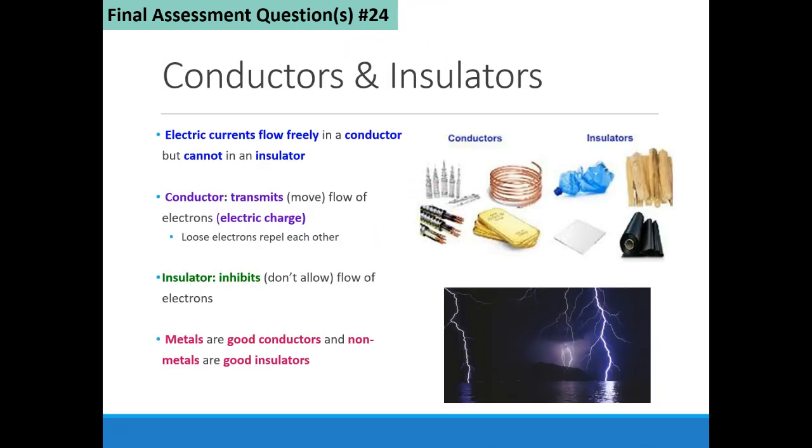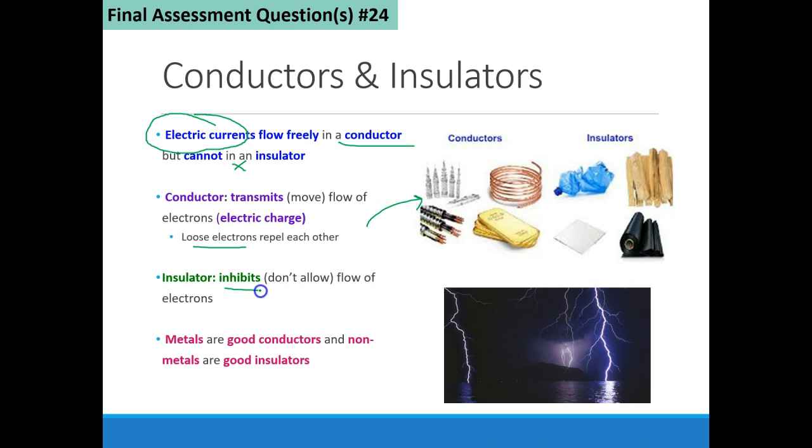Question number 24 is talking about conductors versus insulators of electricity. So remember, electric currents are able to flow freely in a conductor, but they cannot flow freely in an insulator. Conductors, for example, are things that we see over here like copper metal, and they are able to transmit the flow of electrons because they have a bunch of loose electrons in them, and so those